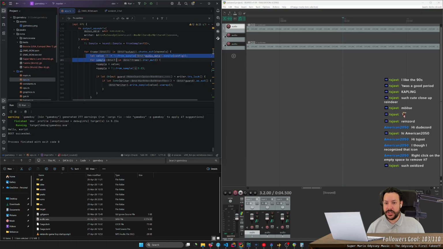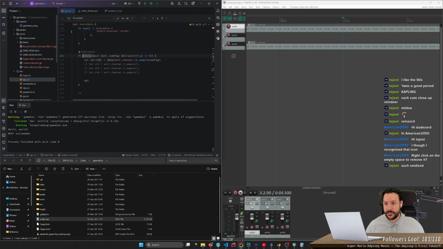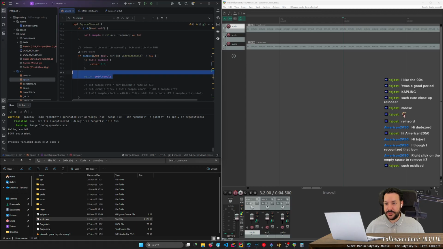Okay, so I already know that this is getting called like 48,000 times a second, which is the sampling rate for the file that we are outputting. So that is correct. But what that means is that this self.sample kind of needs to change a ton of times a second as well.